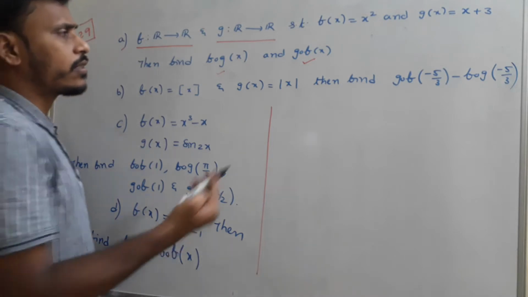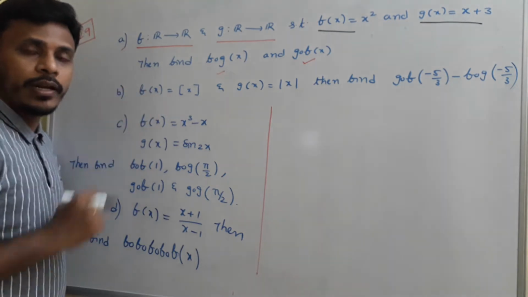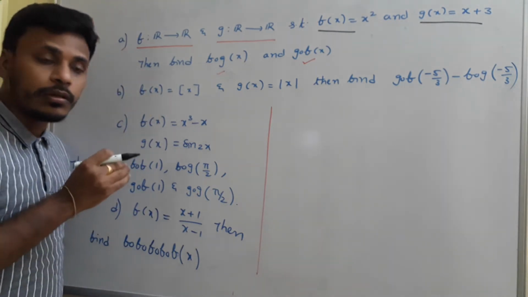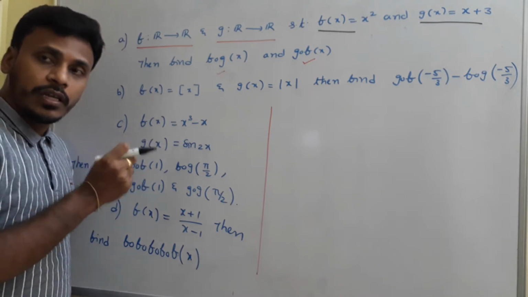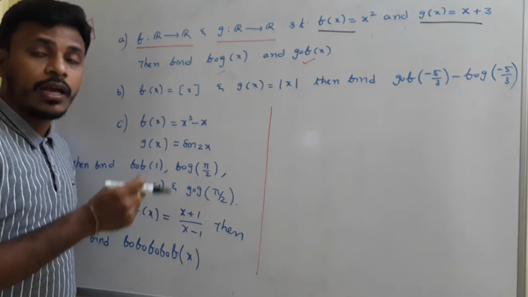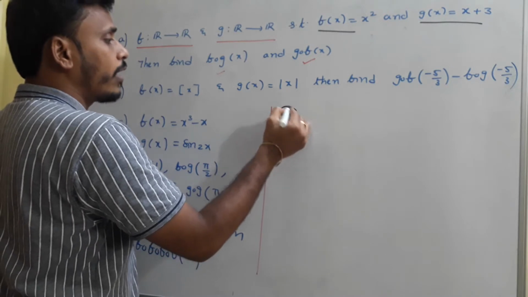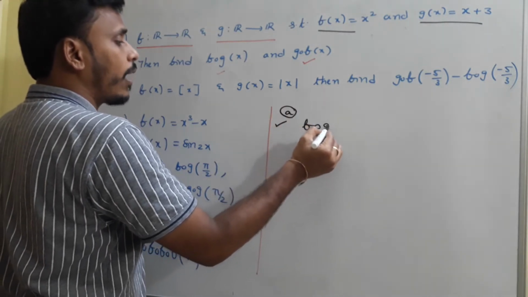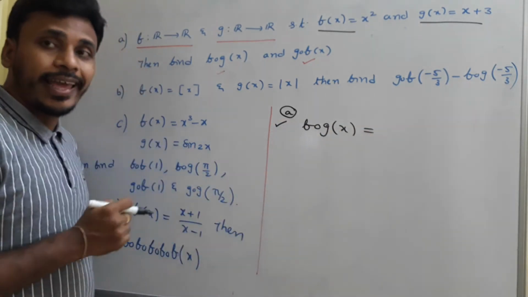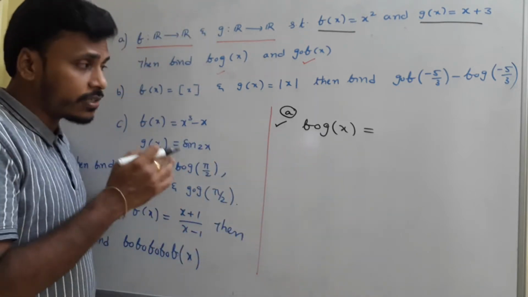First problem A, what is it. f of x is given as x square and g of x is x plus 3. We need to calculate f circle g of x and g circle f of x. This problem is just to give you the difference between f circle g of x and g circle f of x in expressing as well as in calculating, and that's why I mentioned that problem. See, first of all, I am solving A bit, and for that I am going to solve f circle g of x. You just read it like f circle g. Don't call it like f o g. It is f circle g.